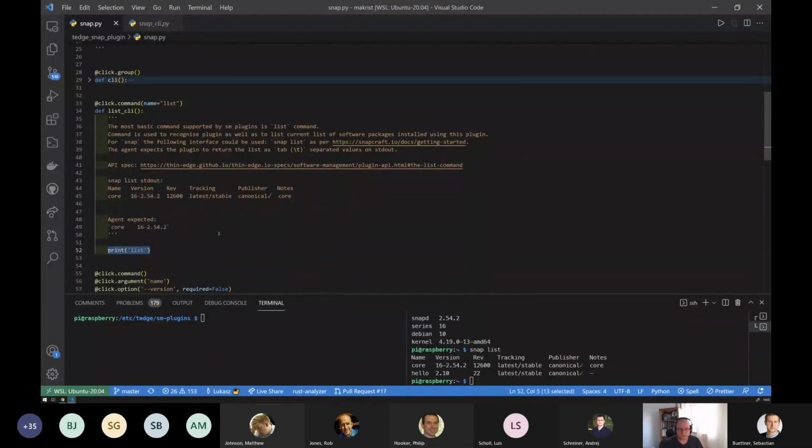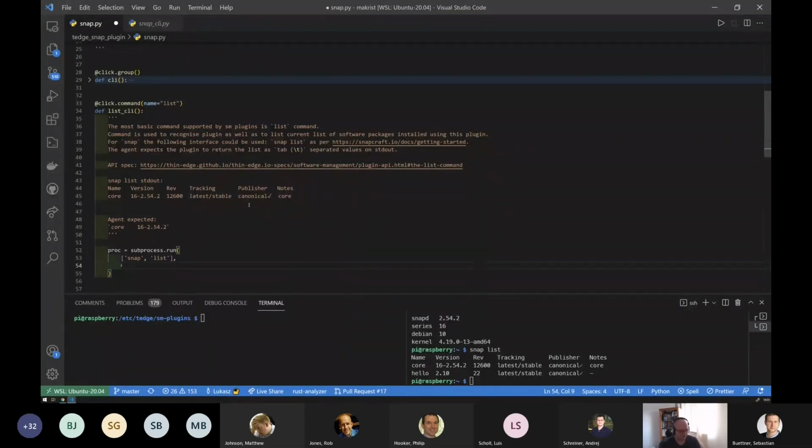So let's start with some basics. The first thing I want to do here is invoke the process. In Python, there are probably many ways of doing this. In this process invocation, I want to call snap with the argument list, as we just saw on the command line. There are a couple of things I need to modify to make it look a little better, and also to have